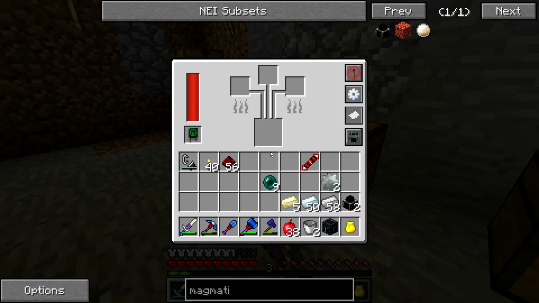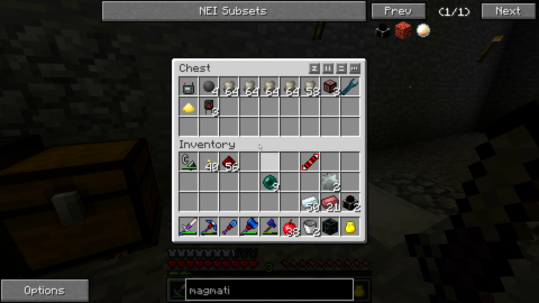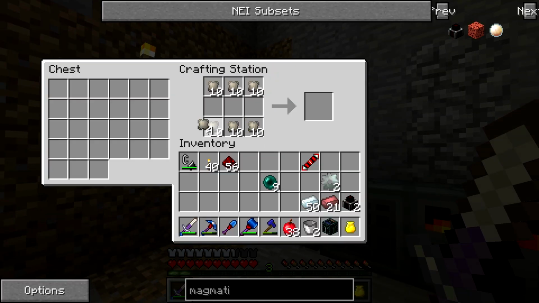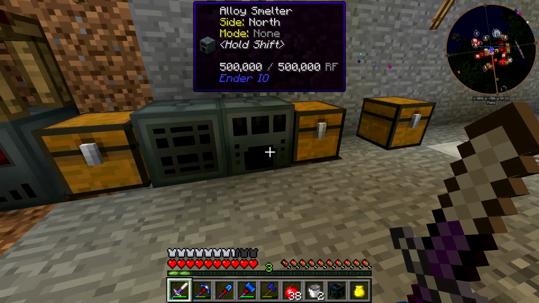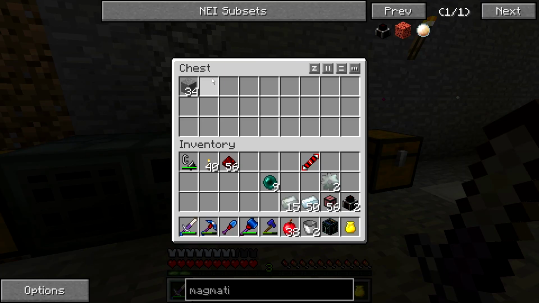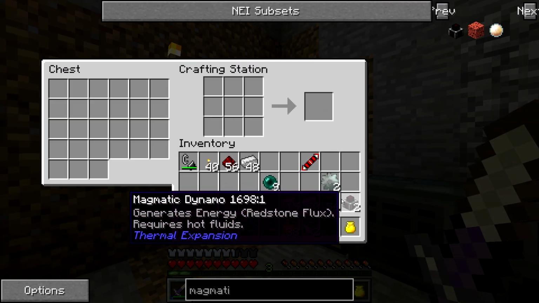This much here. Iron, ferrous, and then our conductive iron is made. So while that's cooking, let's get some more of these cables. That should be plenty, and that should last us quite a while. Alright, so we should be able to make our last...